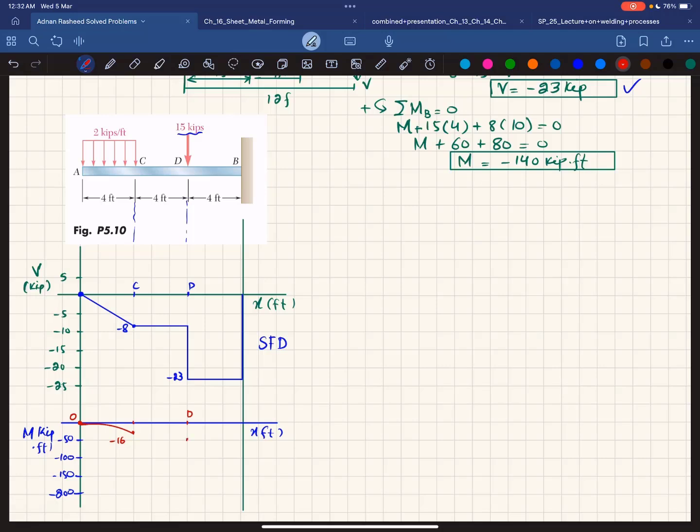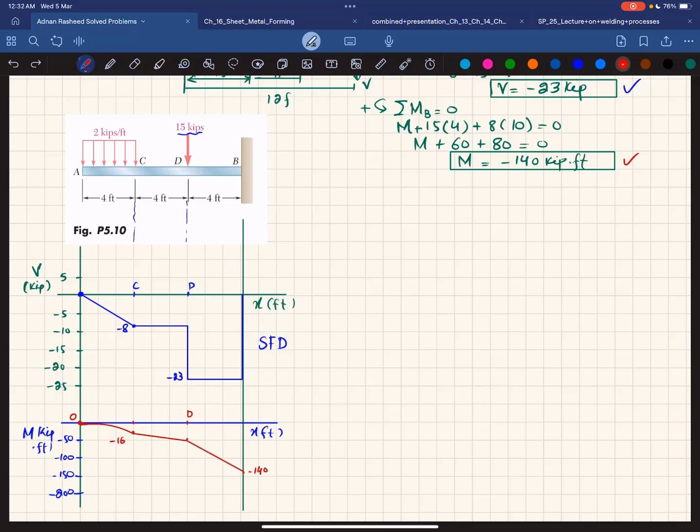Okay, now you can see shear force is a horizontal line with 0 degree. So bending moment will be a straight line joining these 2 points. And the last one is moment at point B, which is minus 140. So minus 140 will be somewhere here. And again, shear force is a horizontal line with 0 degree. And this is negative area. Clear? So we will get a straight line by joining these 2 points with